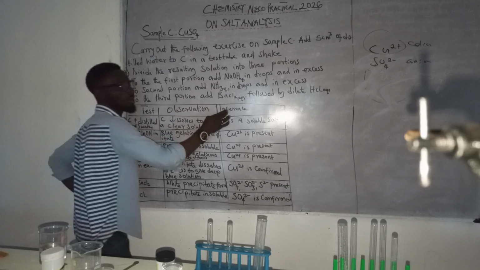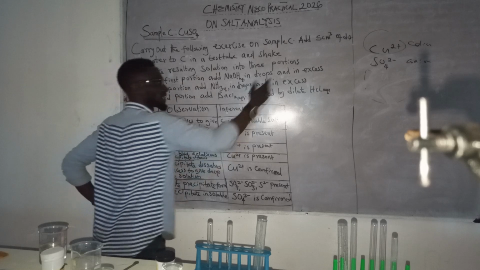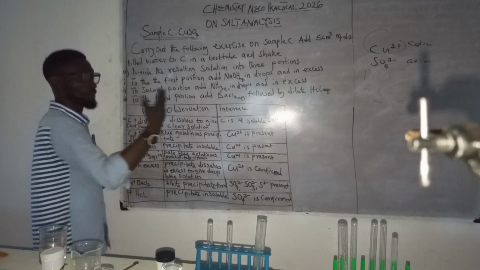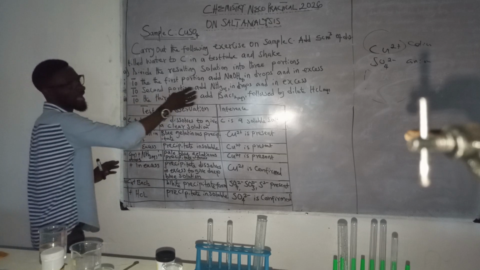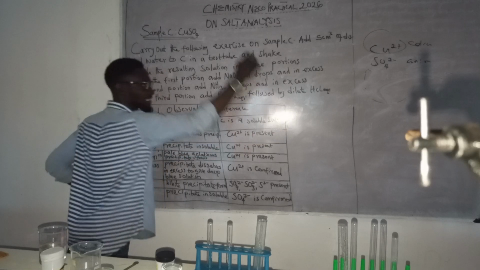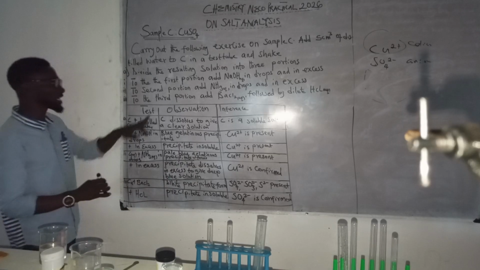Inference. So by the time you add in drops, you are going to observe some changes. By the time you also add the excess, you are also going to observe some change, which shall be recorded subsequently. Now, to the second portion, add ammonia in drops and in excess, in the same sequential process that I earlier told us. Then to the third portion,